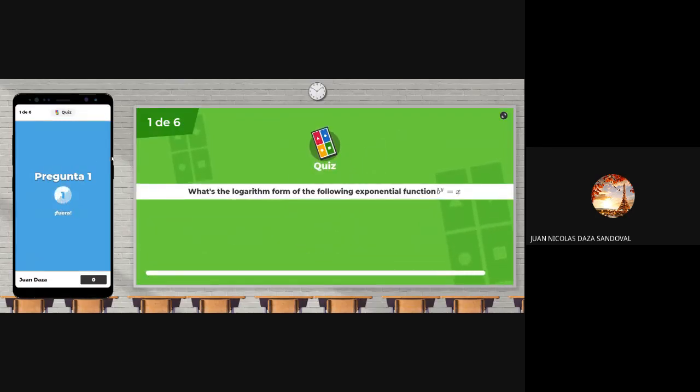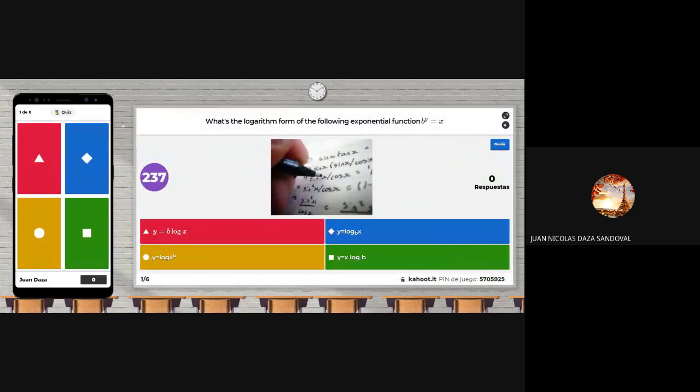First question: what's the logarithm form of the following exponential function? b elevated to the y equals x. This is a very basic expression and the easiest one to describe how logarithm and exponential functions interact. An easy way to solve this question is by looking at the logs. You can very easily say that the number behind the log is going to be b,